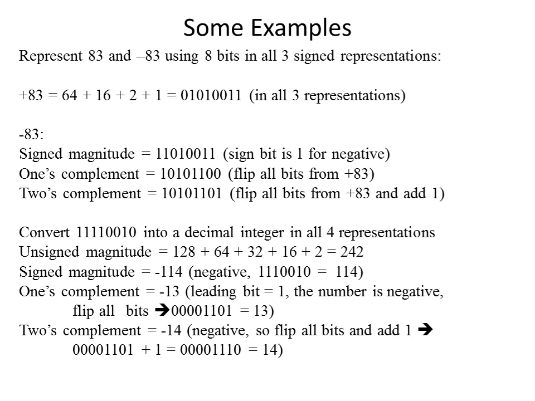Similarly, we can convert the numbers into decimal integers in 4 representations. Unsigned magnitude representation is 242. Signed magnitude representation is minus 114. 1's complement representation is minus 13, and 2's complement representation is minus 14. In the case of signed magnitude, we have to use the 1 in the place of the sign bit,